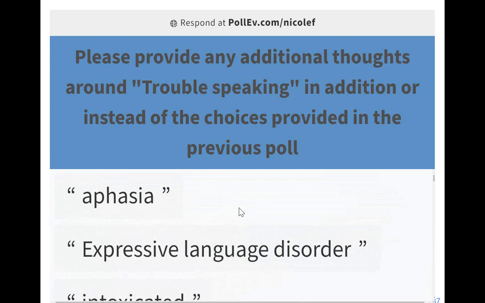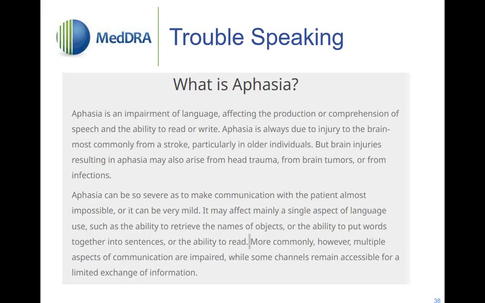Expressive language disorder. All right, it looks like the poll's slowing down, but as you could see from what I presented and then what all of you suggested, there are many different ways that this can be handled. So I'll walk you through what I thought of when I saw this term, and we'll see where we go from there. So the first thing I thought of was, like many of you, can trouble speaking be